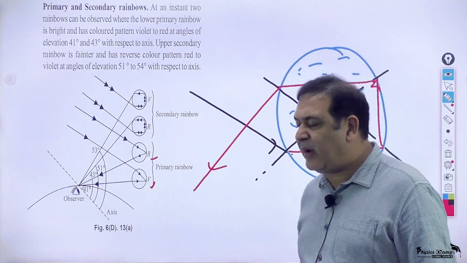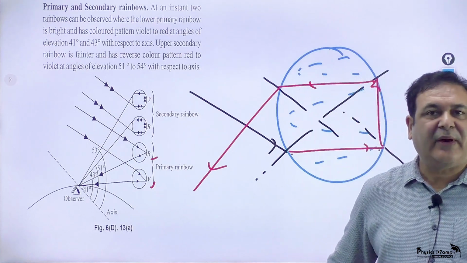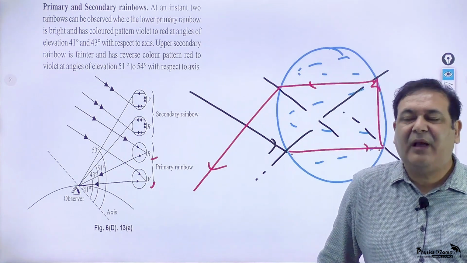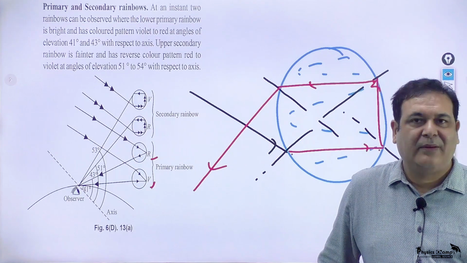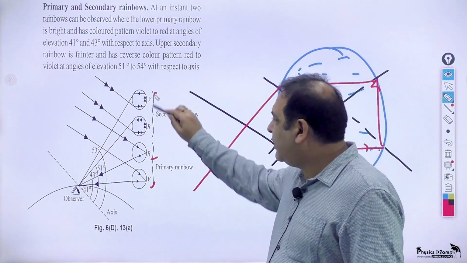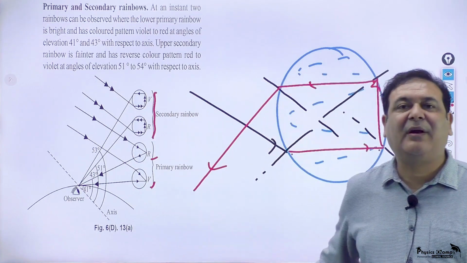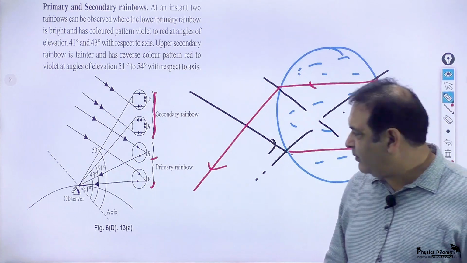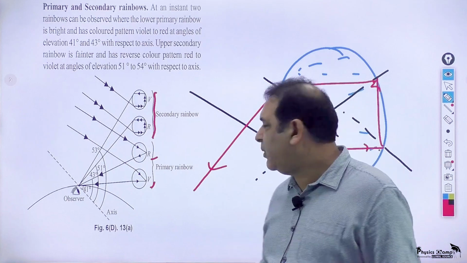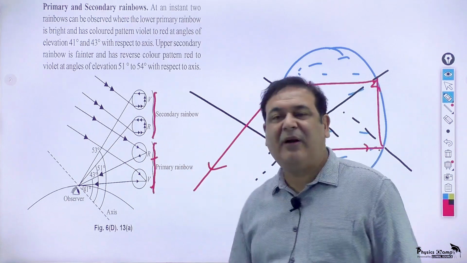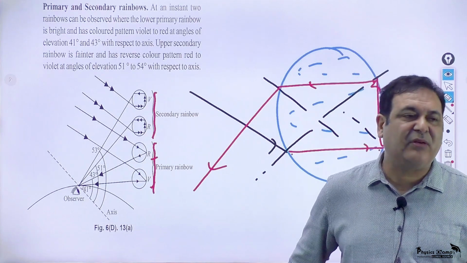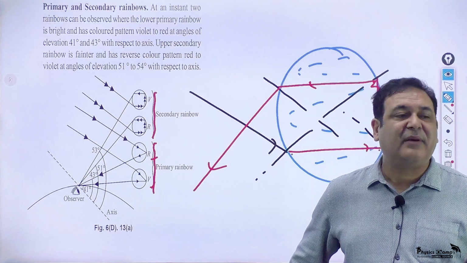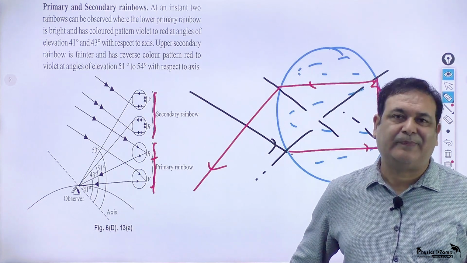During partial reflection and partial refraction, that's why in the secondary rainbow we see it is a little dull as compared to the primary rainbow. So the secondary rainbow is because of the 4 partial reflections and refractions of the light that reaches you from the water droplet, and the primary rainbow is due to just 3 partial reflections and refractions of the light which is reaching you. That's why the primary rainbow is clearer as compared to the secondary rainbow.